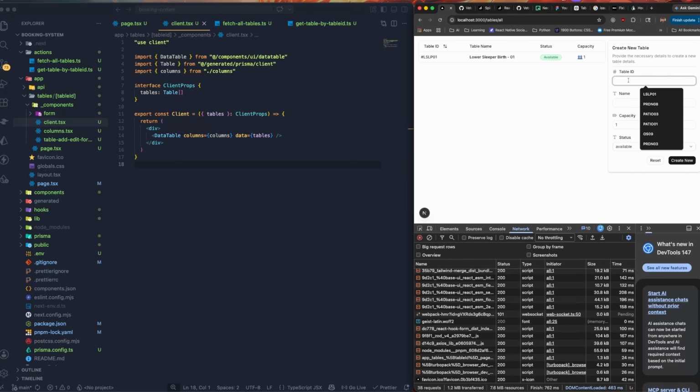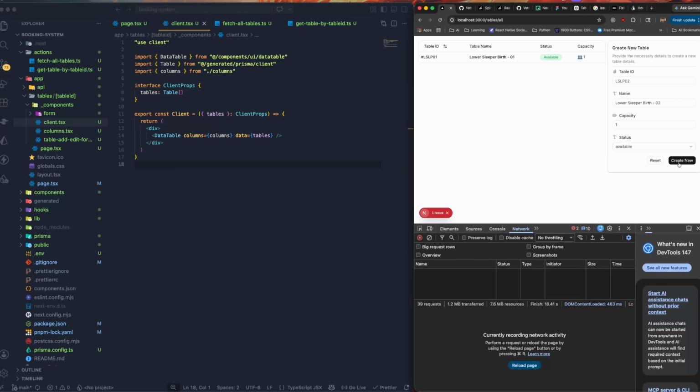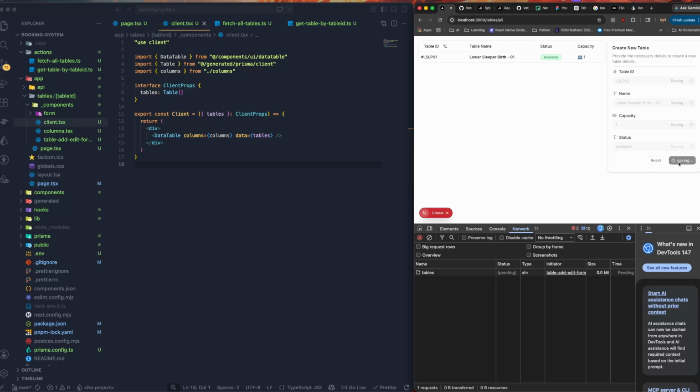Now let's try it one more time. This is going to be 2, and let me change this into 2. Capacity, it's going to be 1. And now if I refresh it, once it is refreshed, you will get the new data instantly in your table, which is working as we expected, right? Now when I click this, okay,